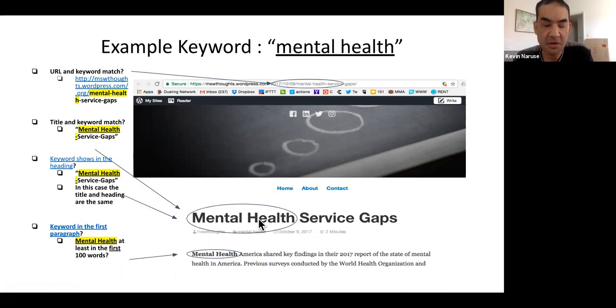Whatever you do, don't force it where it sounds unnatural. You want it to seamlessly fit the keyword into your writing. It's just the right density and frequency that signals to Google that this is one of your big topics, so that when somebody searches for mental health service gaps, or whatever the article topic is, it's likely to look at yours first.